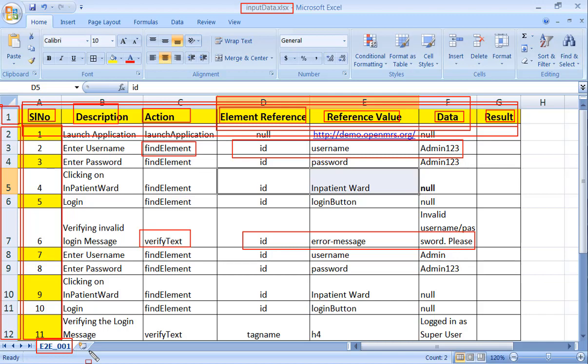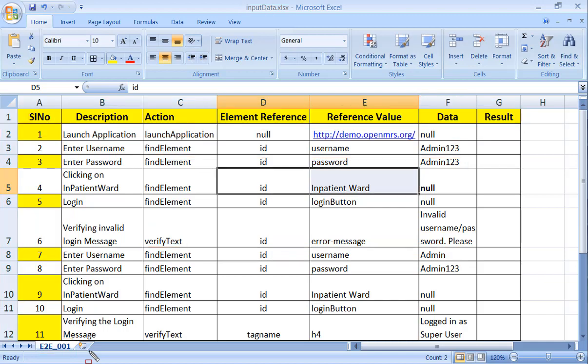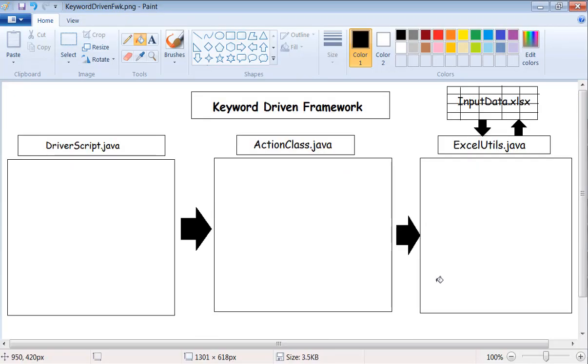Okay, so we'll get into the logic, but before getting into the logic, we should have an idea about this entire XLSX file and how we are going to read the data from it. So let's get into the framework now. Before getting into the framework, I will show you how we categorize this framework and how we maintain it in different classes. I'll give you an overview. So let's get into the overview of this framework.